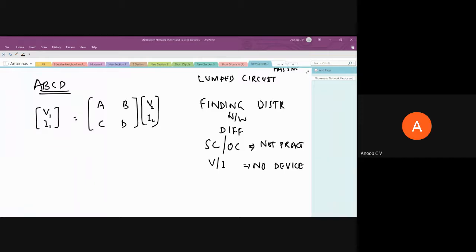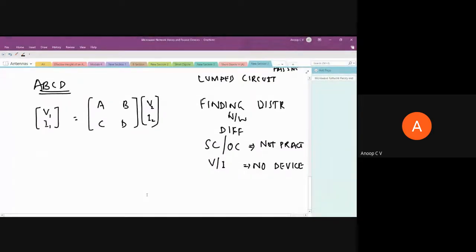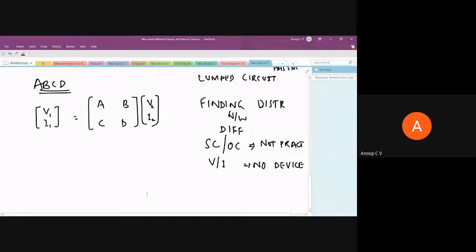These things are not directly given in your textbook. I'm referring to some other textbooks and NPTEL videos as well. I'll share one NPTEL video with you. In your textbook, nothing much is given. They have straight away started with the definition of A and B, so that won't give you an idea. I think the best way to teach S parameter is to relate it with what you already know. That part is not there in your textbook.